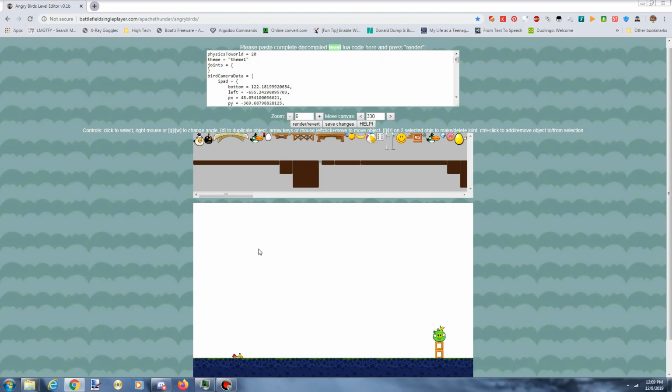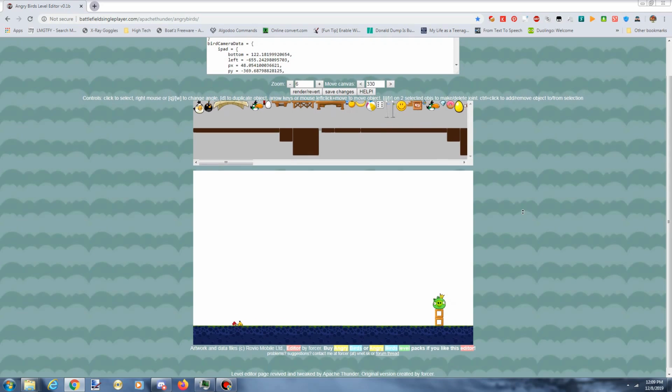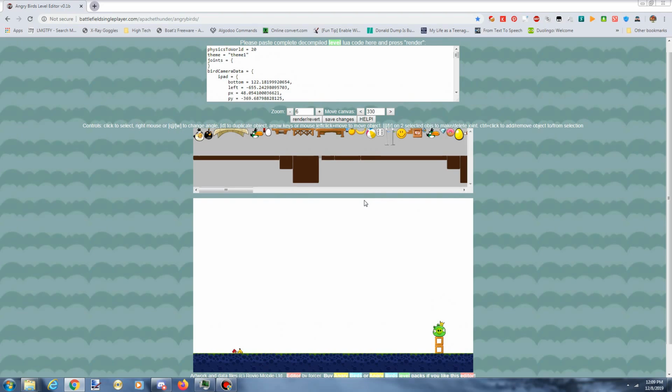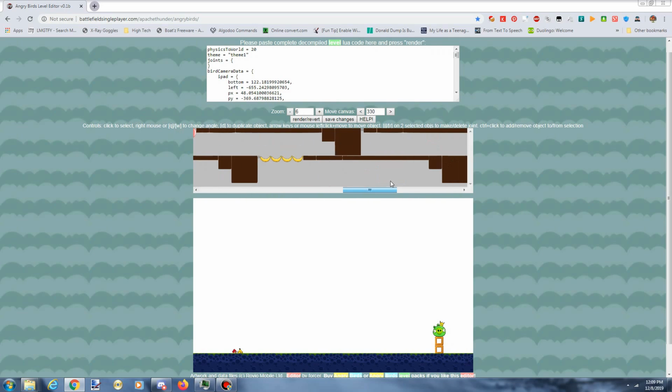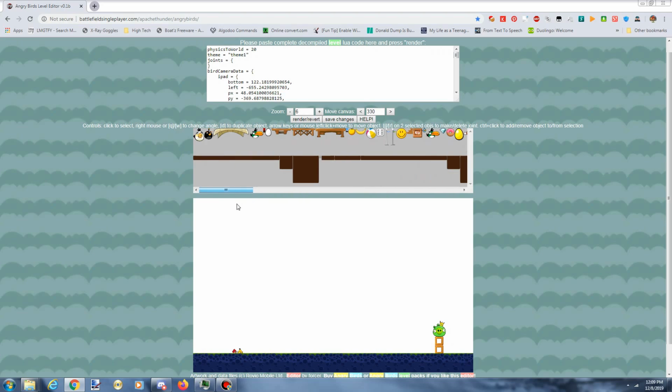Okay, so now what you want to do is go to this Angry Birds level editor, which I'll have a link for in the description. Depending on what version of Angry Birds you choose to download depends on what stuff you can put into the game. Now, I'm using Angry Birds 1.4.2, so everything that's here I can use. If you're using something older like 1.3.5, you may have limitations on what you can put into the game. Alright, so now I'm just going to design a basic level.